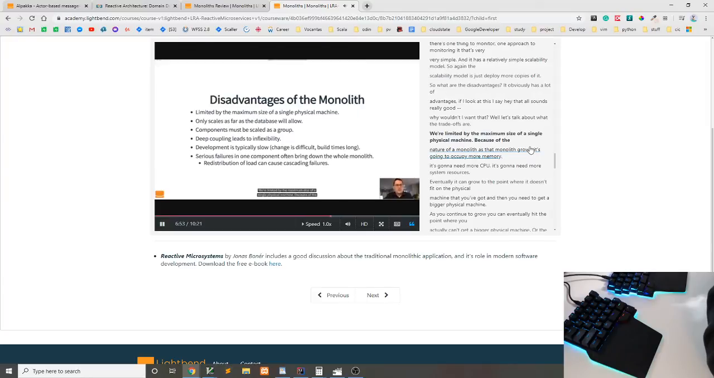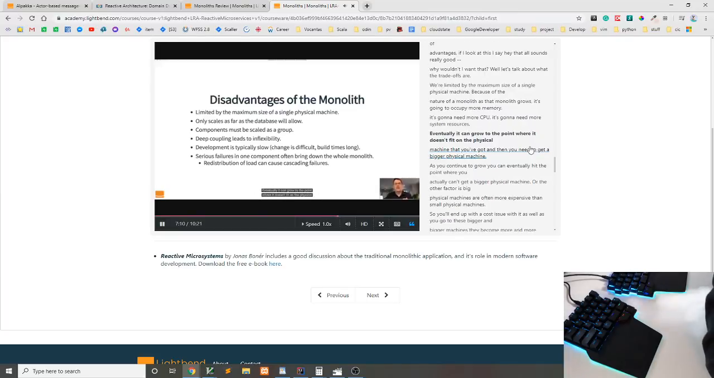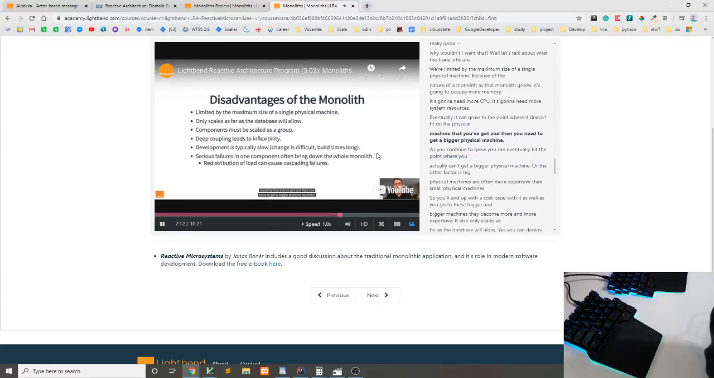So we're limited by the maximum size of a single physical machine. Because of the nature of a monolith, as that monolith grows, it's going to occupy more memory, it's going to need more CPU, it's going to need more system resources. Eventually, it can grow to the point where it doesn't fit on the physical machine that you've got. And then